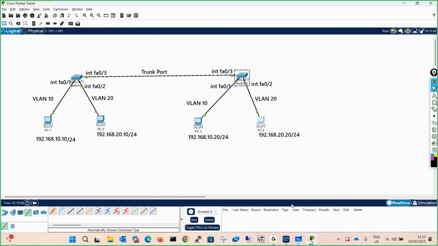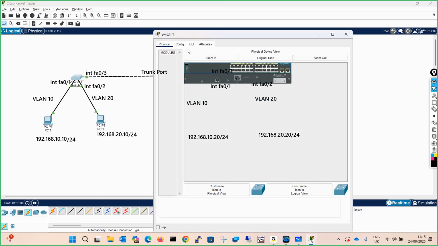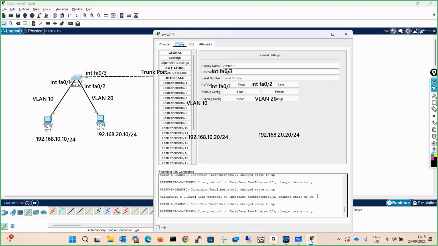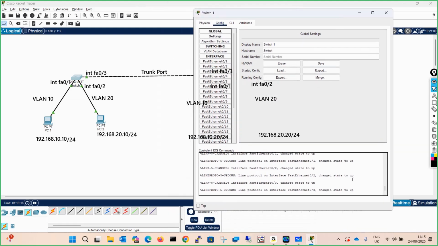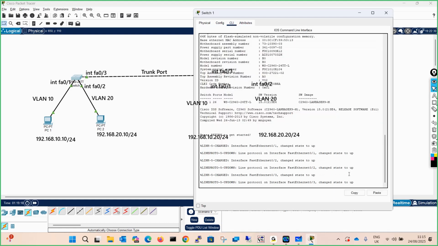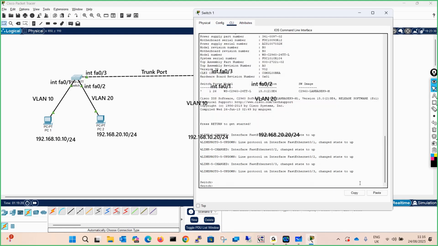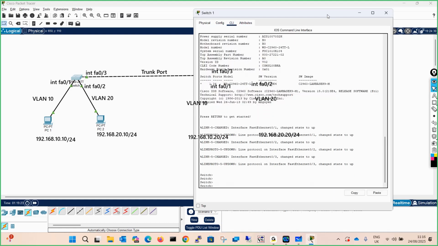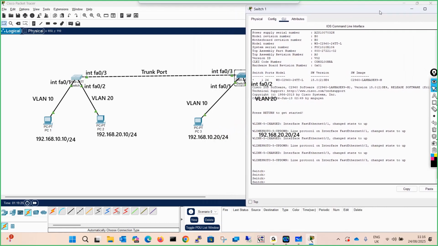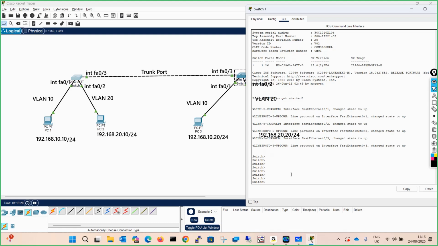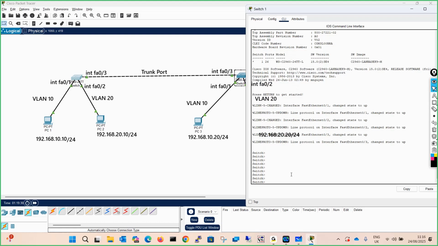Now we'll start configuring the switch. You go over here, configuration, come to CLI, and go to privilege mode.